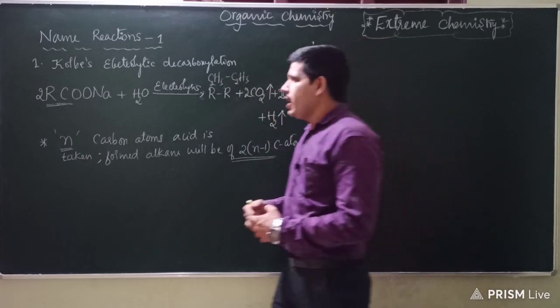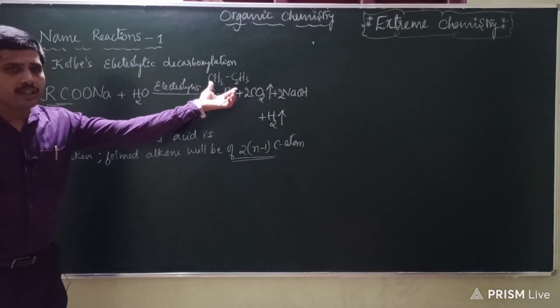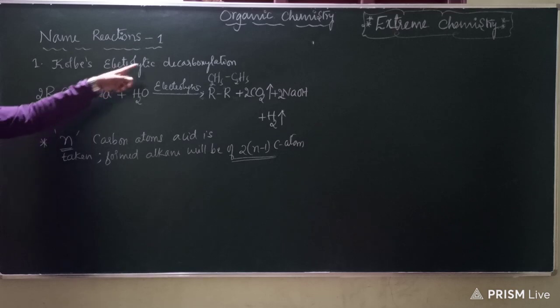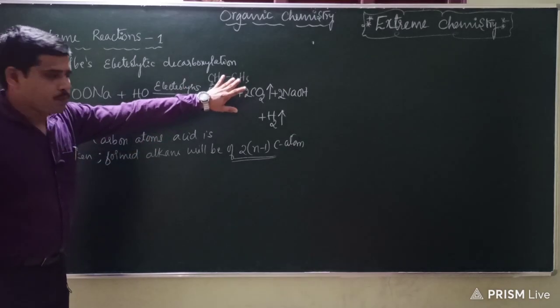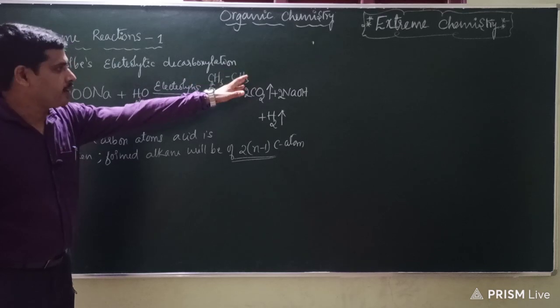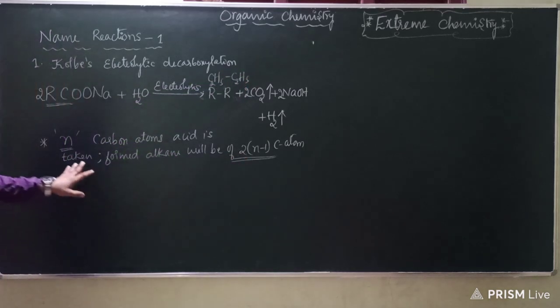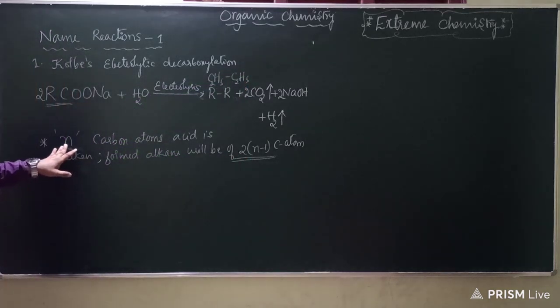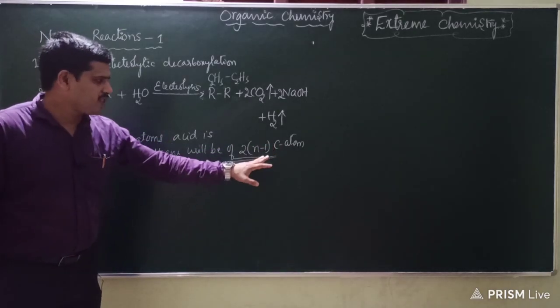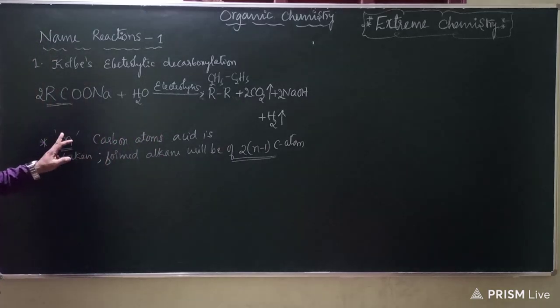So in this way, if the alkane obtained is given, you can find which carboxylic acid is to be taken in order to carry out the decarboxylation reaction. Is that fine? Yes. So hope you got this. See, butane is nothing but C4H10. To get that, you apply this formula, that's it. If you take n, you will get 2 times n minus 1. So once you know this 2 times n minus 1, can't you find out n exactly?